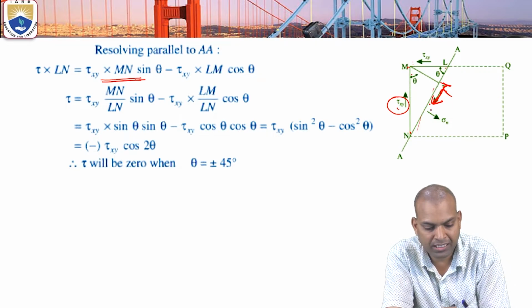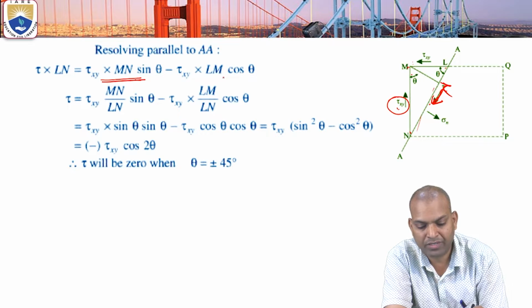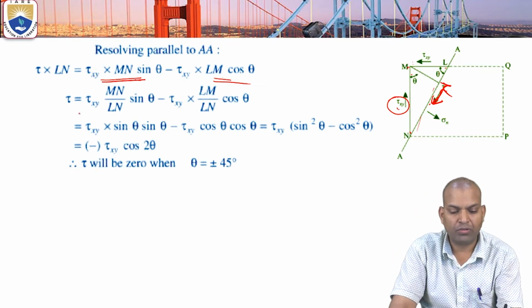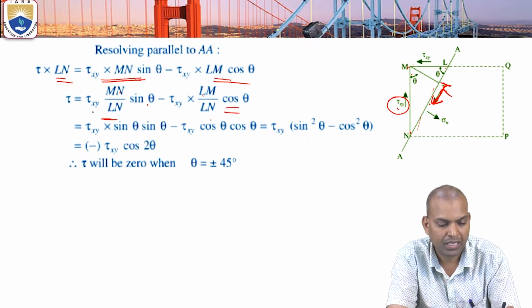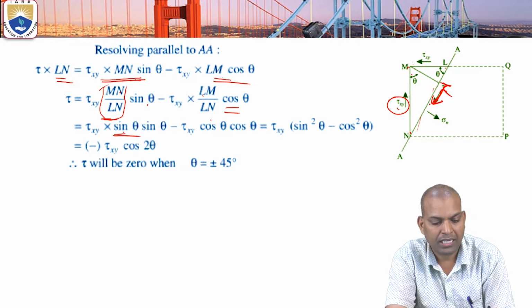This mn sin theta gives positive. Tau xy times mn sin theta minus tau xy times Lm cos theta. Now again, tau equals tau xy times mn by Ln sin theta minus tau xy times Lm by Ln cos theta. This mn by Ln is equal to sin theta, so sin square theta, minus tau xy times Lm by Ln,